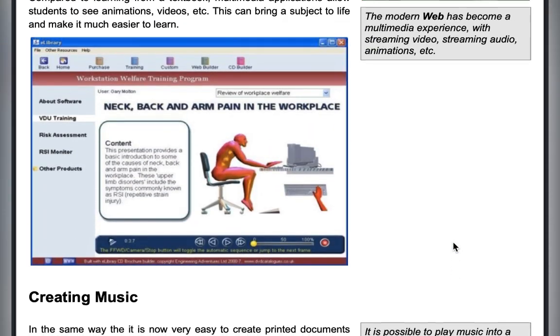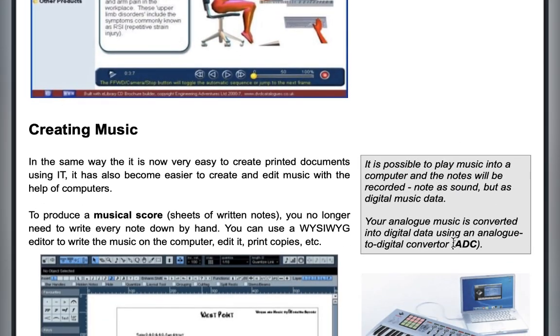Then the fifth one is creating music. Information and communication technology helps us to create music easily. Now we have music studios where you use a lot of music software to create and edit music. You create it, edit it, and remove until you get the outcome you want.